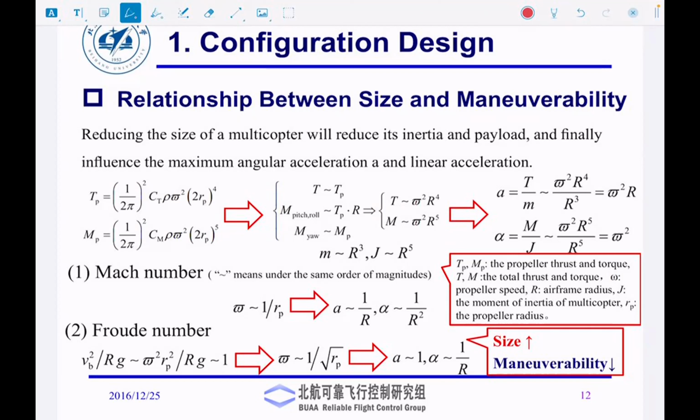You will understand that the dynamical effects, which is mass and moment of inertia, would scale R to the power 3 and R to the power 5. On the other hand, the thrust that is generated would scale R to the power 4, and the moment or the torque would scale R to the power 5. And then finally, when you combine all this,